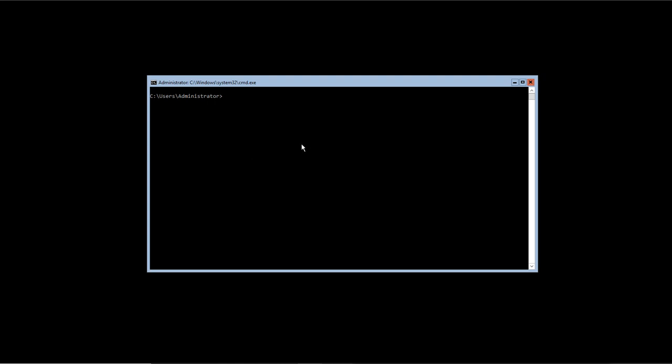Now from the command prompt we have a command djoin. This djoin is the domain joining command, or if you want an easier one, PowerShell has an easy command. So we have to go to PowerShell first.